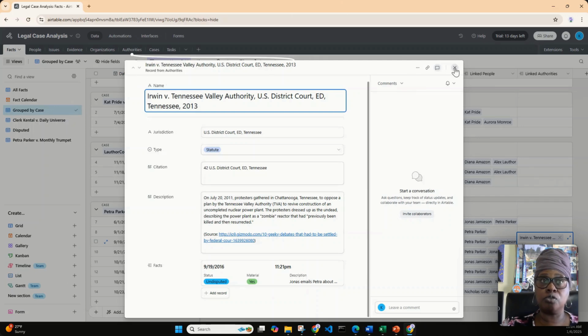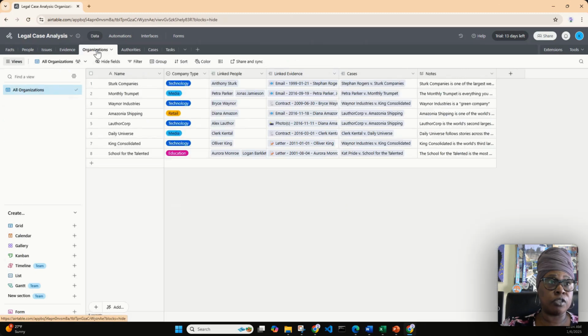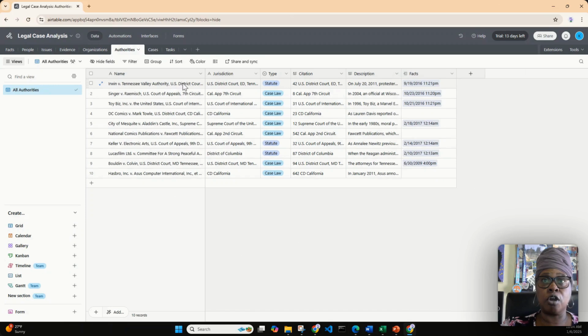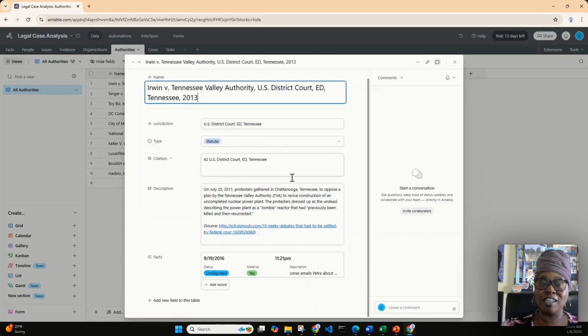If I go to authorities and find Irwin versus Tennessee, here is the same information that we just saw. So instead of having to go back and forth, I can see all of that information in one snapshot